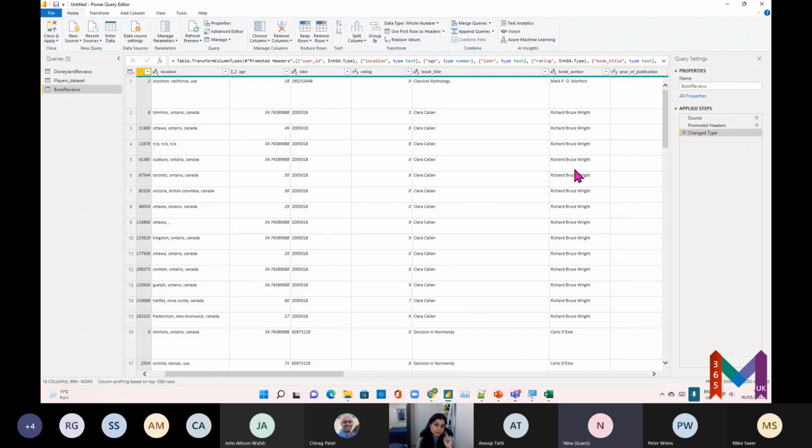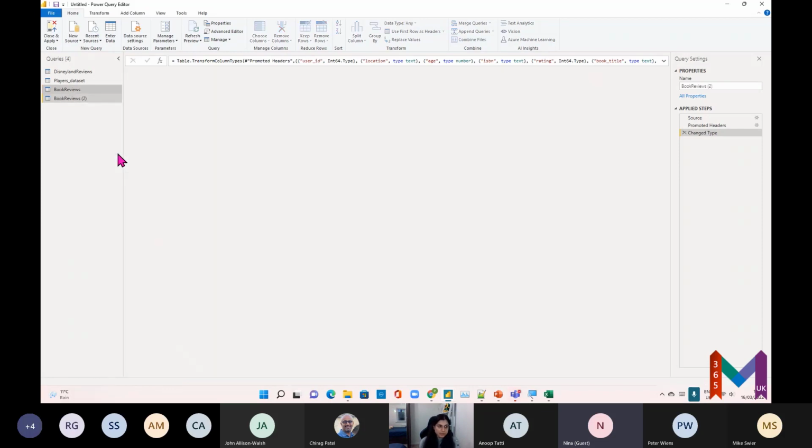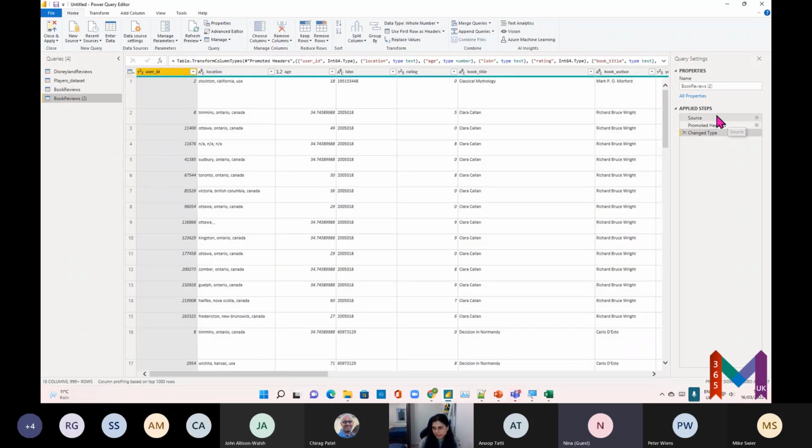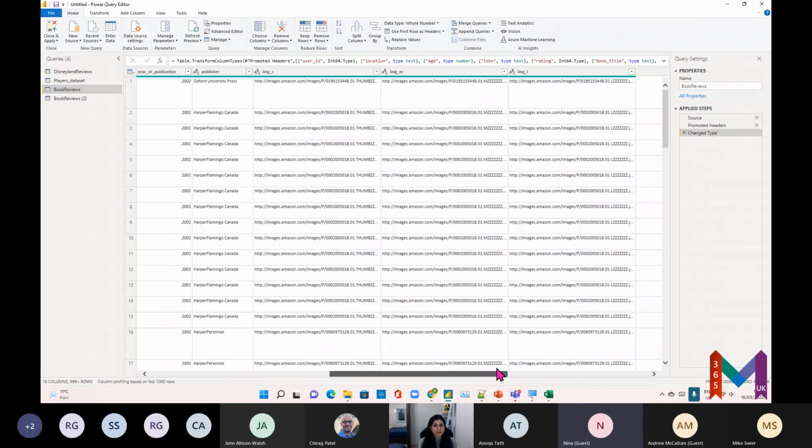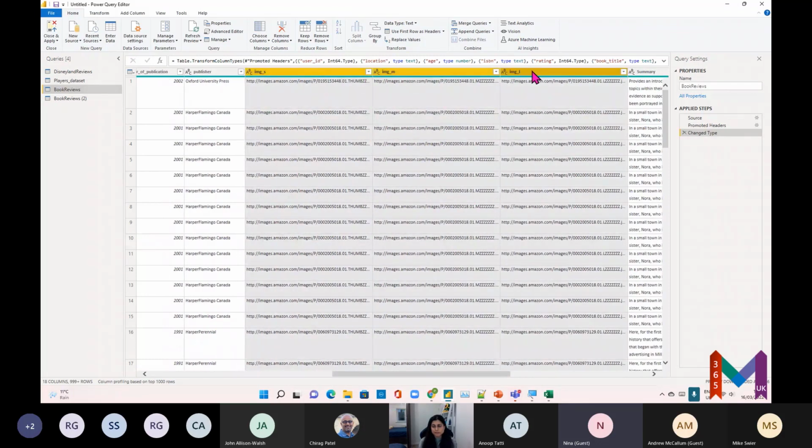But before doing that, one quick tip, guys. In Power BI, suppose I want to create a copy of this data set. I right click on it and there are two options. One is duplicate and one is reference. Let's start with duplicate. When I click on duplicate, I have all the steps, okay? When I go to book reviews, I've got 3 steps. What Power Query did here was, when I created a duplicated copy, it duplicated everything. So for example, if I had some transformations here, like I removed these columns,